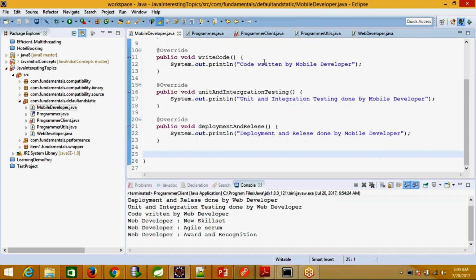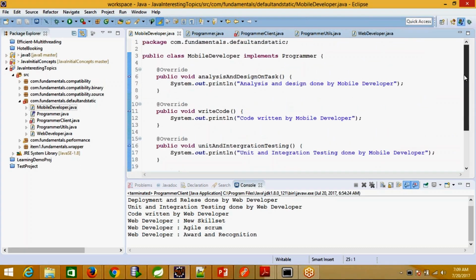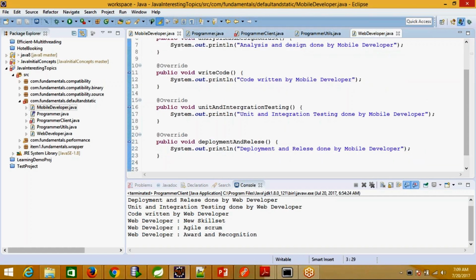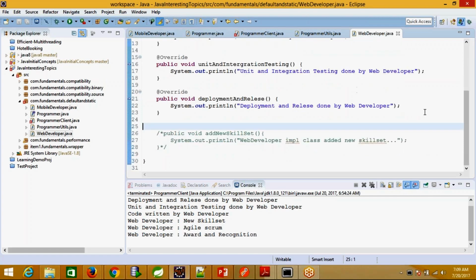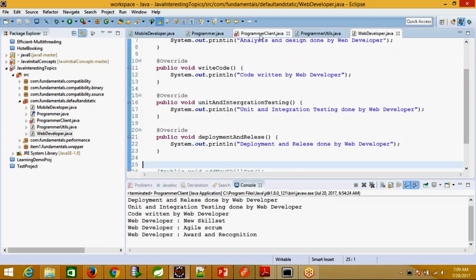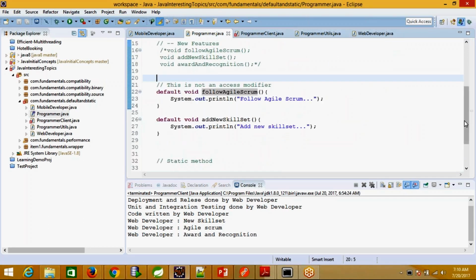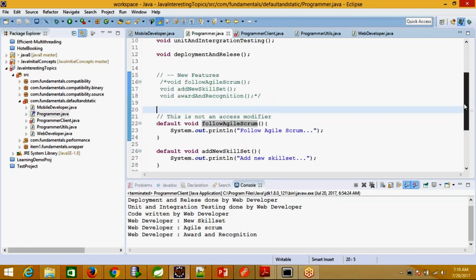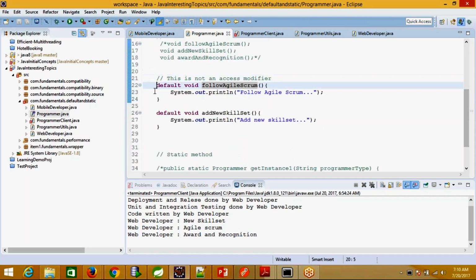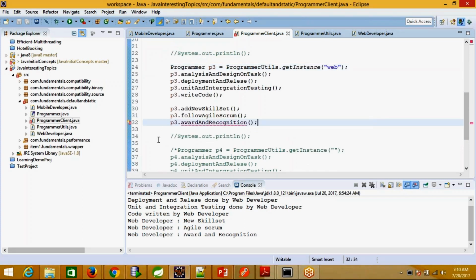And if I run now, so you can see that the respective implementing classes have the four features only as of now: the mobile developer and web developer both have the four features only, and the additional new features will come up from the programmer interface itself. We have given the concrete implementation here, so let's test it one more time in this class.